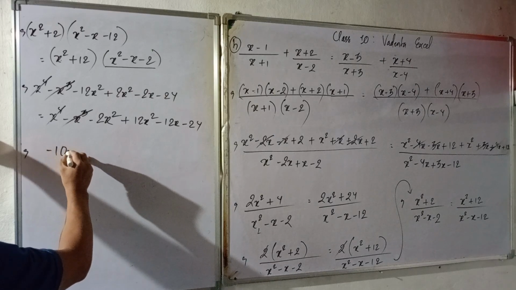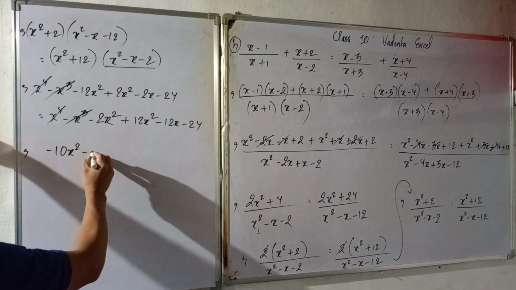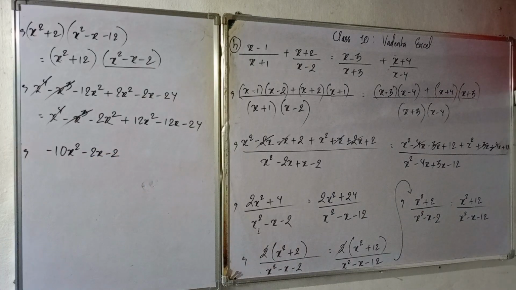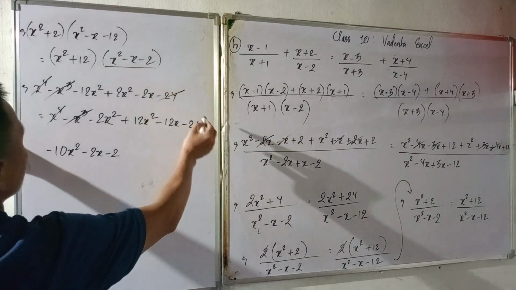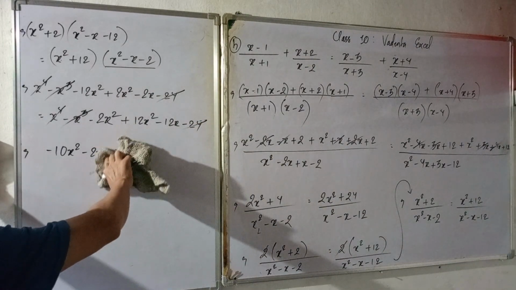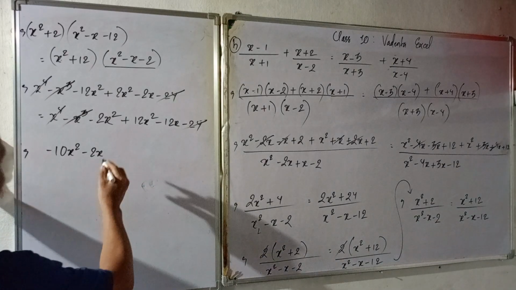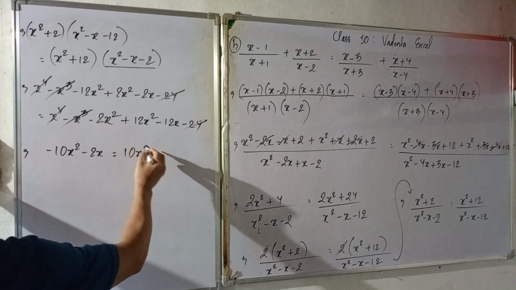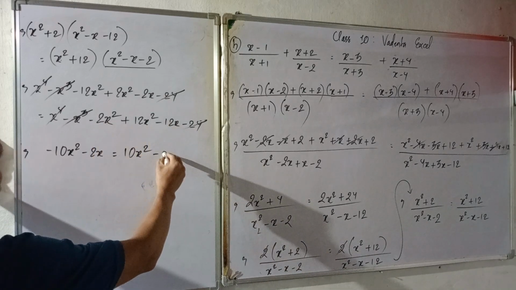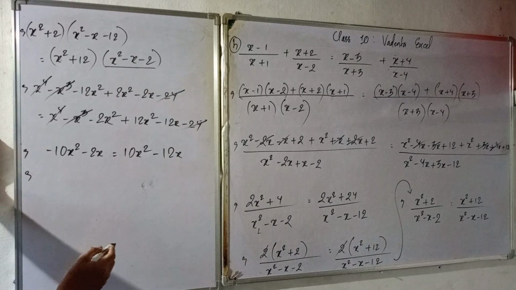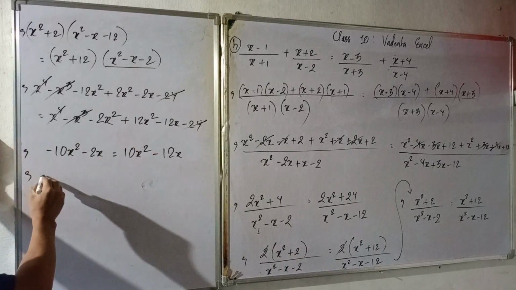minus 10x squared minus 2x minus 24. Yes, one thing can be cancelled here, that minus 24 and minus 24 can be cancelled. Minus 24, minus 24. Okay, so one thing is easier. From here, 10x squared minus 12x. Now you see, move all to this side,